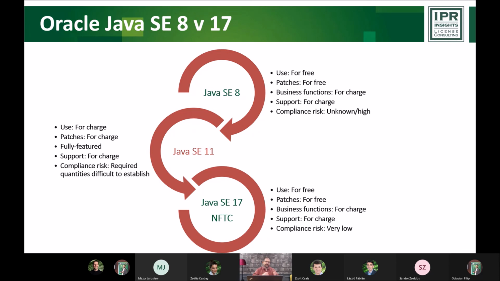If we look at each and every instance of Java, whether that is covered by a license that some application provides or not.